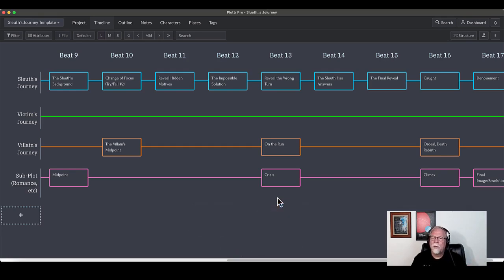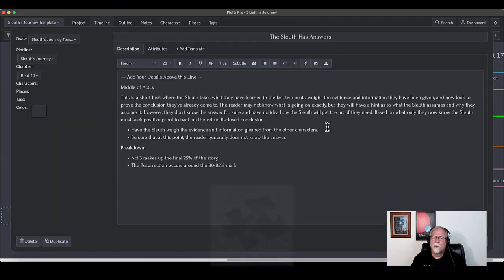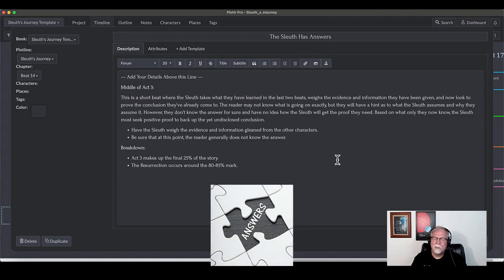However, they are going to leave the B story. Whatever is wrong there, they're going to leave the B story and move on, because now the sleuth has answers. So it's often by this B story event that happens to them that they realize the truth of the A story. Now, we're not going to reveal to the reader here exactly what has happened,